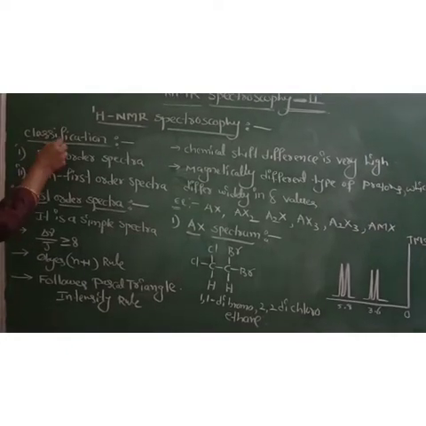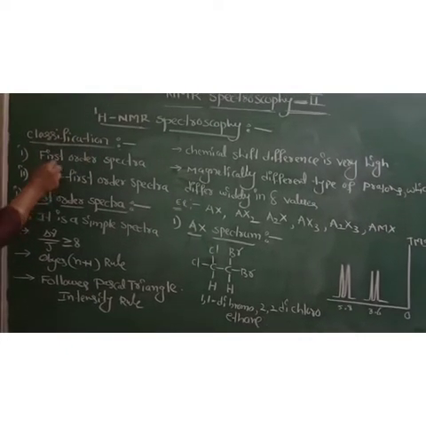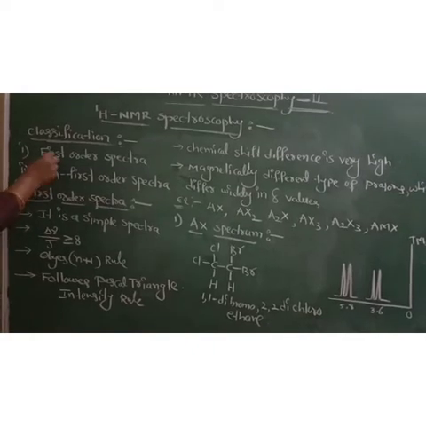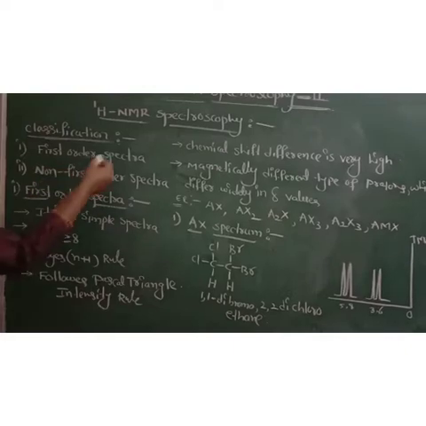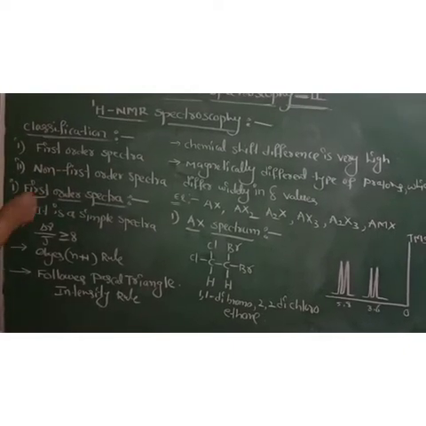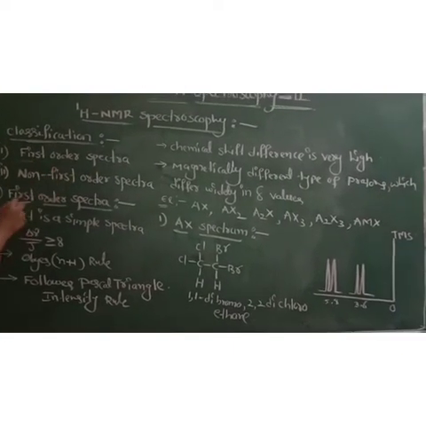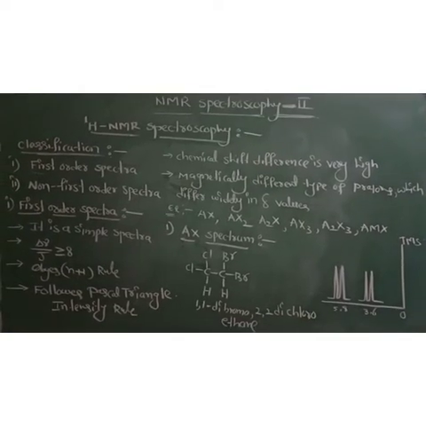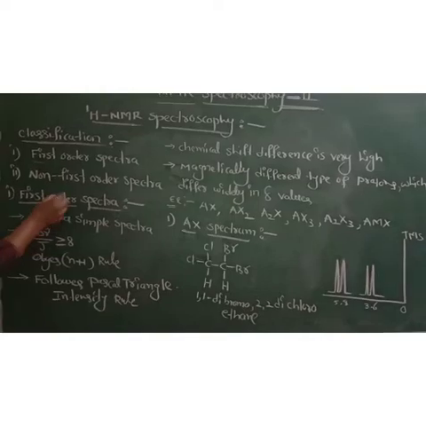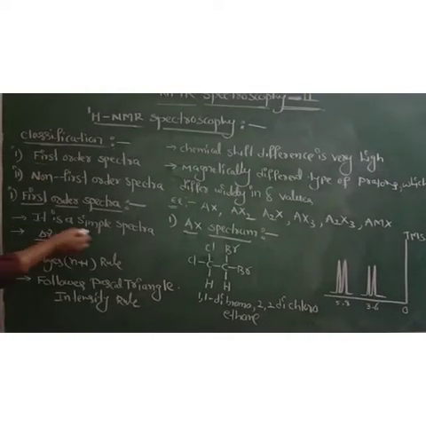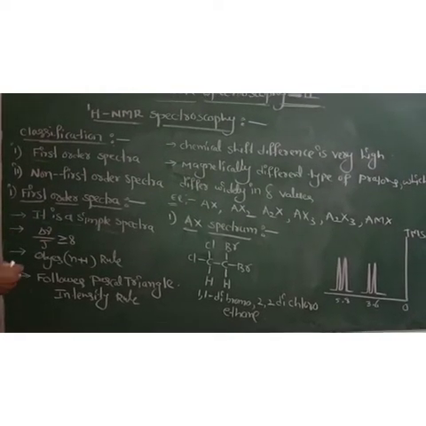Classification: proton NMR is classified into two types. One is the first order spectra, and the second one is the non-first order spectra, or second order spectra. Here we will discuss the first one again, the first order spectra. The first order spectra is a simple proton NMR spectra, and